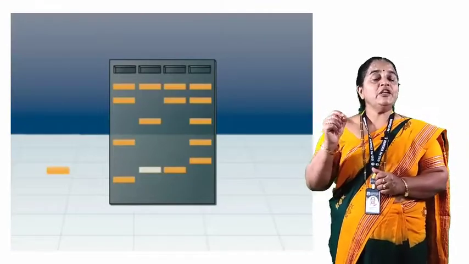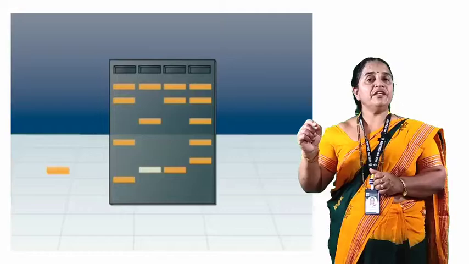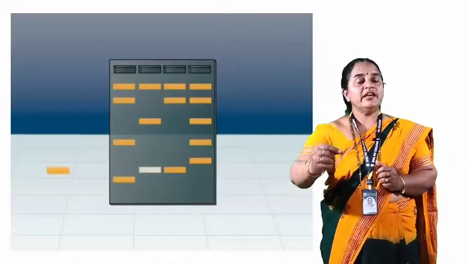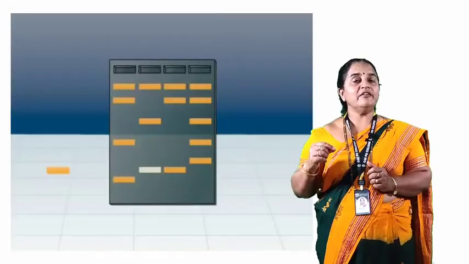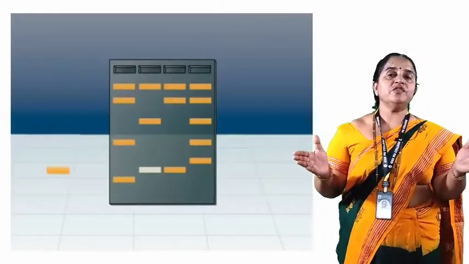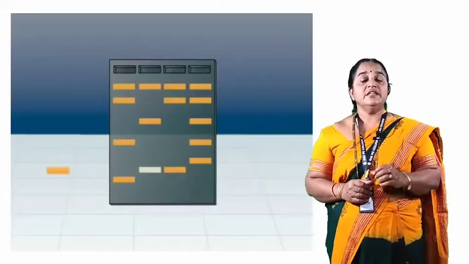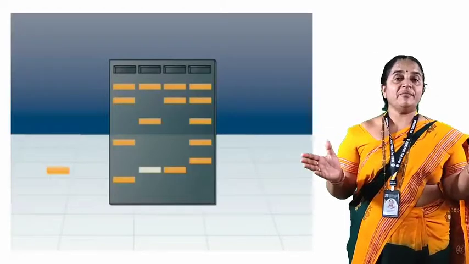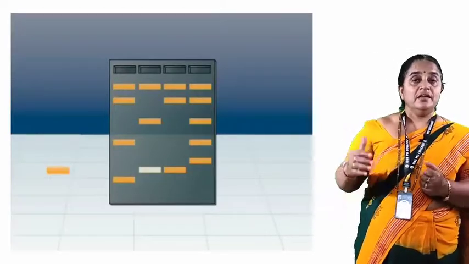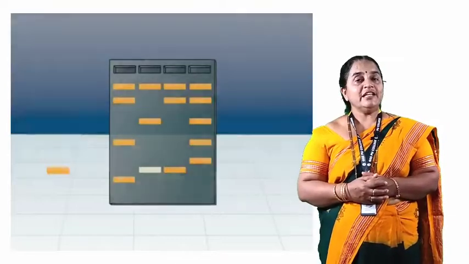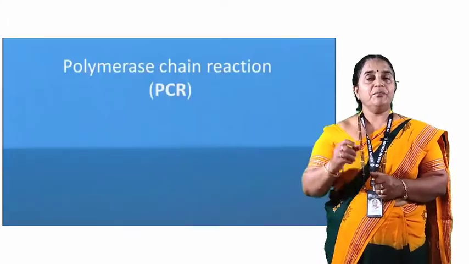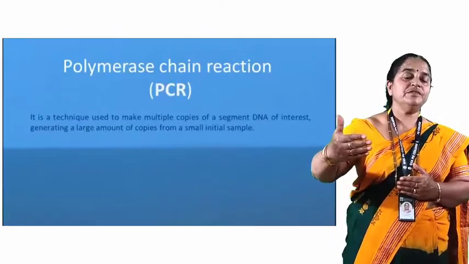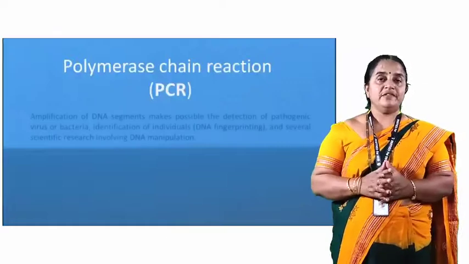There is a technique called elution. It is the physical removal of a DNA fragment from the gel. By elution, we can isolate the selected fragment onto a special nitrocellulose sheet. Thus, gel electrophoresis helps us in separating the DNA fragments according to their length. Let us come to the next technique called the PCR technique. It stands for polymerase chain reaction, used for amplifying the gene into several copies.